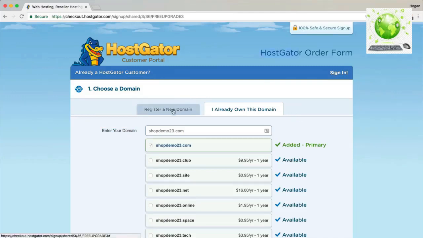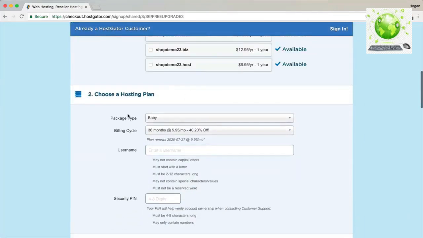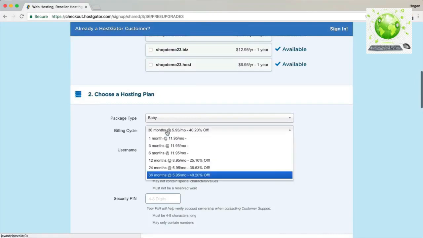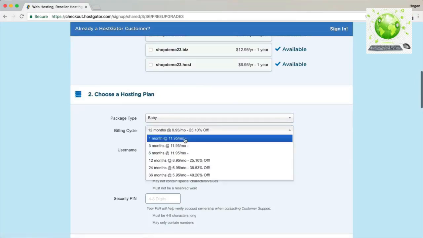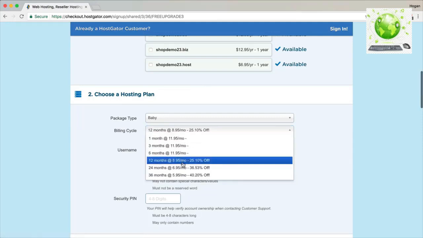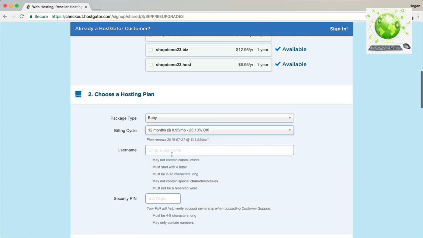Then you can follow along. Okay, so let's scroll down. Okay, so for the package type, make sure to select baby. Billing cycle, I'm going to select 12 months because you get a bigger discount, or you can go month to month, or if you want more discount, then you can go for 36 months. Okay, so select that. Then I'm going to just type in a username